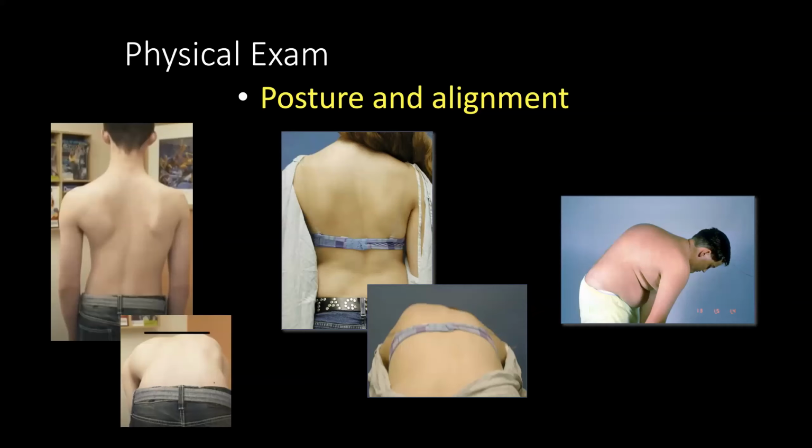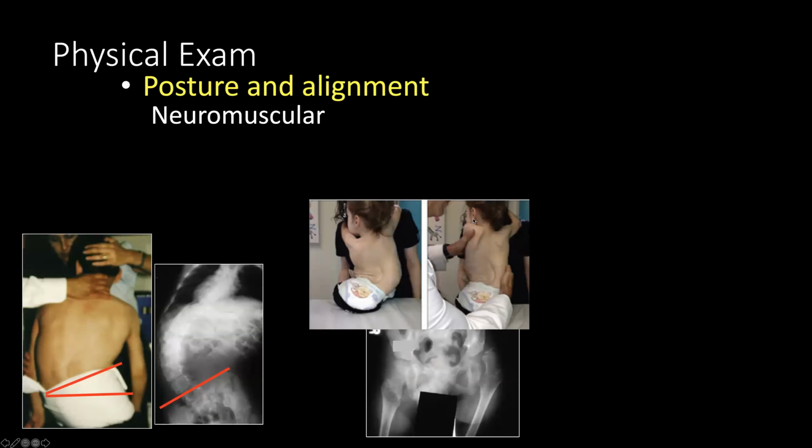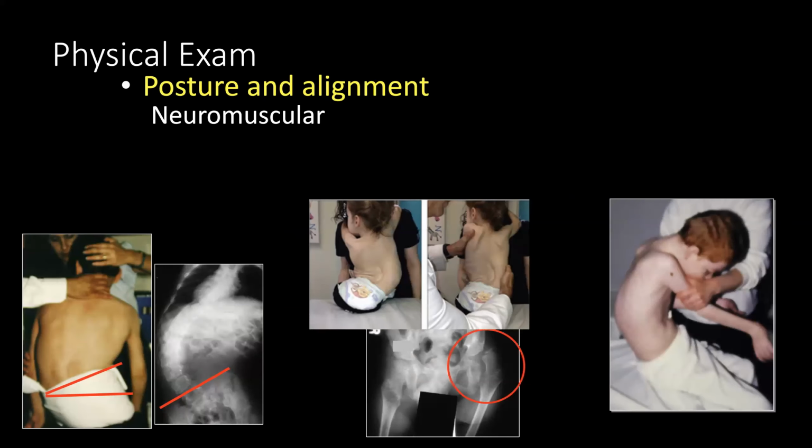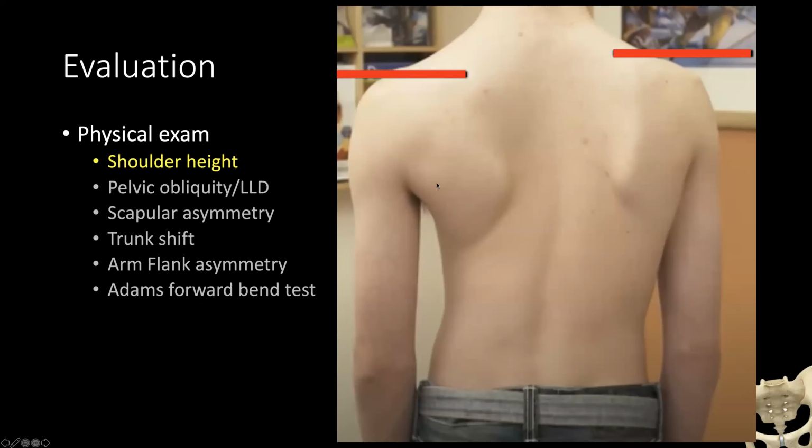In terms of the physical exam, this needs to be done with the shirt off for boys and some sort of open back top for the females. We want to assess standing, bending, and don't forget the sagittal plane. For the neuromuscular group, this is likely going to be a sitting exam, looking for pelvic obliquity. Remember the problems with the hips, and also how lower extremity spasticity or contractures may impact sagittal plane or other alignment. So shoulder height is shown here,